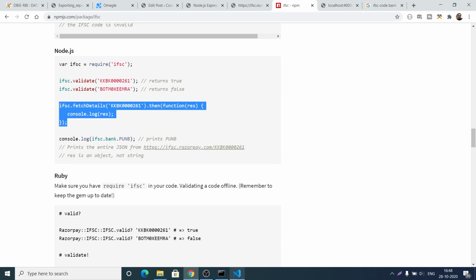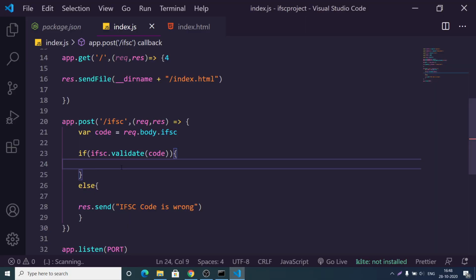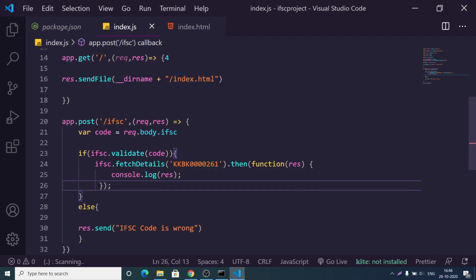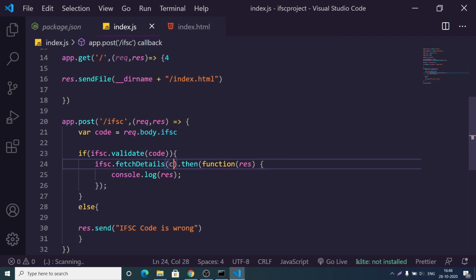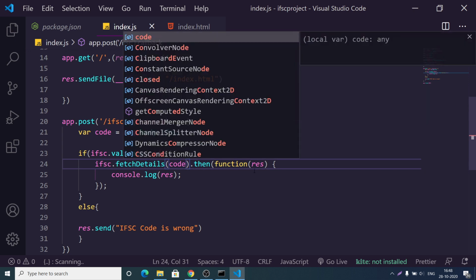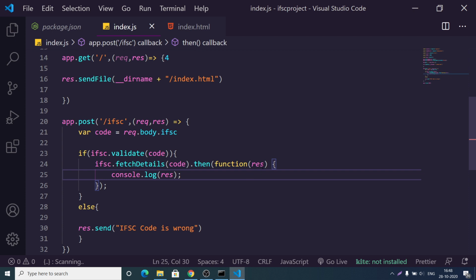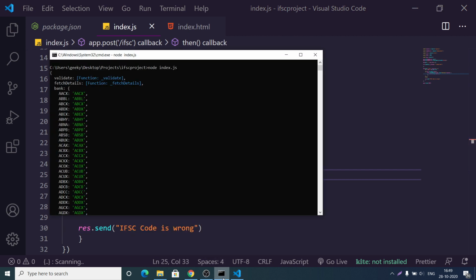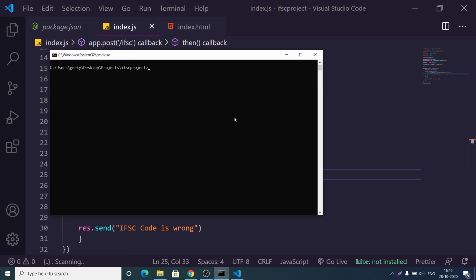So on the next line you can use this method here. Inside this if condition, IFSC dot fetch details, and now you just need to pass your IFSC code. This returns a promise, so with a dot then, we can console log the response. Let me just change this to response here, like this. So now if I once again launch the application with Node.js,